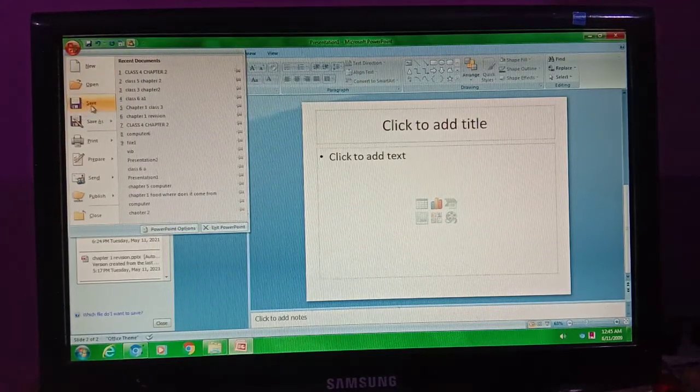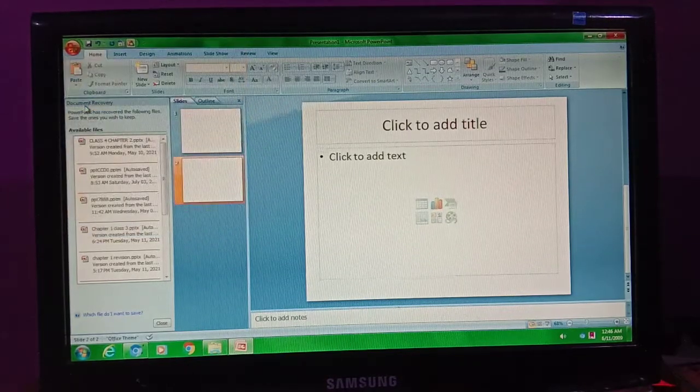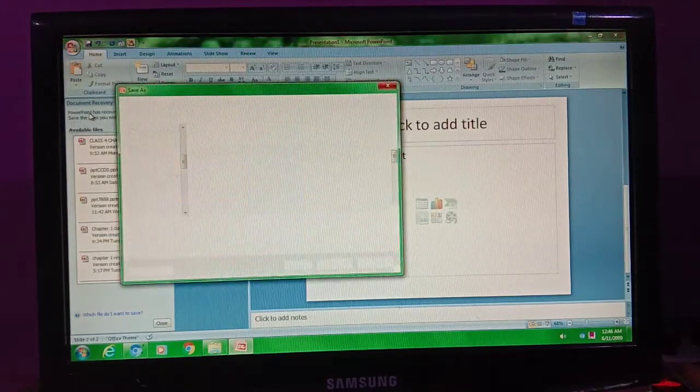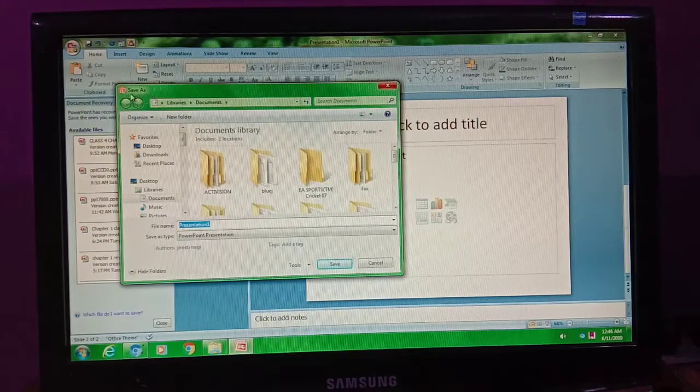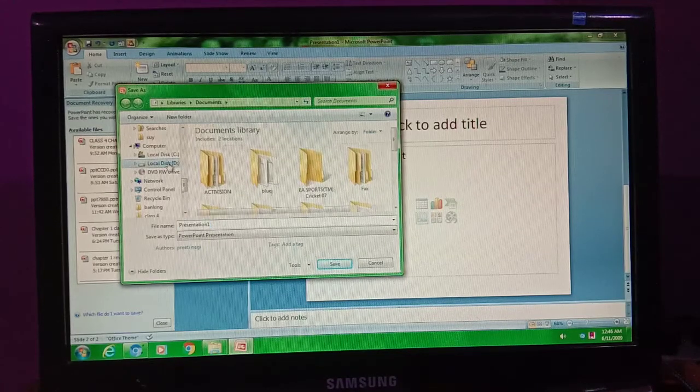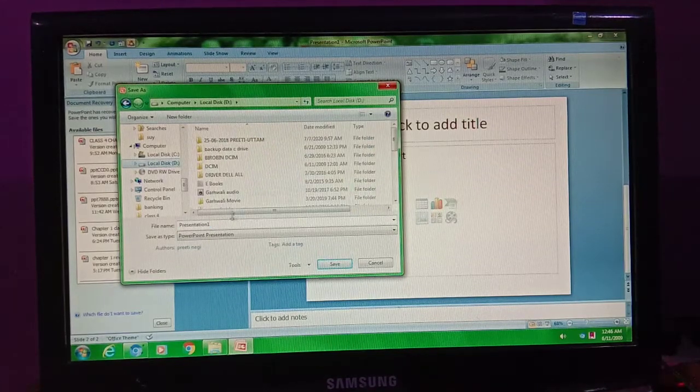As you click on Save, a Save As dialog box will appear, and here you need to locate the address where you want to save the file. For example, I want to save the file in D drive, local disk D. If you want to save your file in a folder, you can click the folder, but I want to save the file in only D drive.